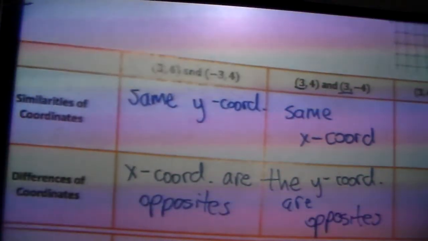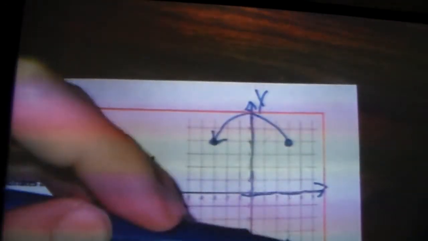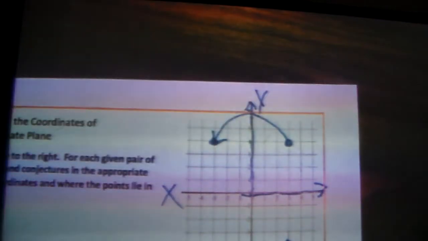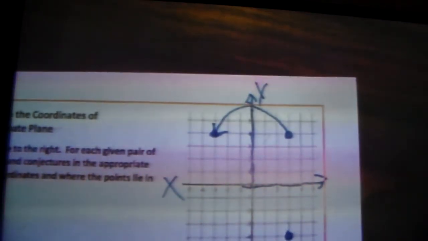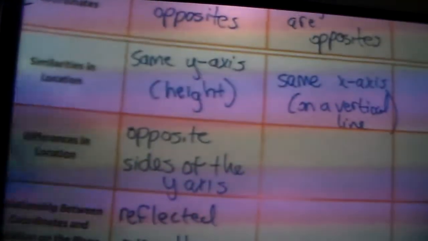And so how are they similar in location? They obviously have the same x-axis, so they are on a vertical line. We can see that up here, because if I put a line between them, I would see they are on the same vertical line. How are they different in location, though? Well, we can see one is above, one is below the x-axis. So here we could say they are on opposite sides